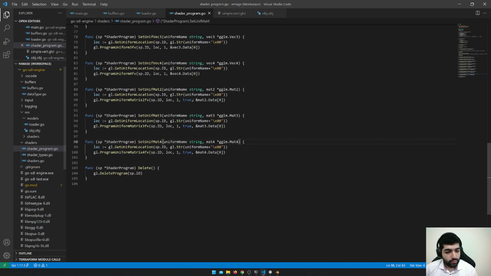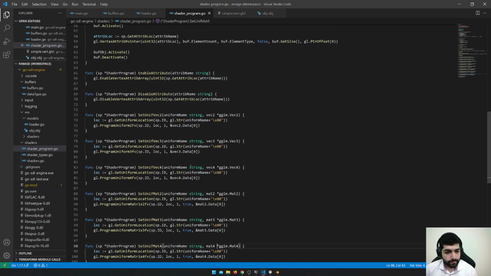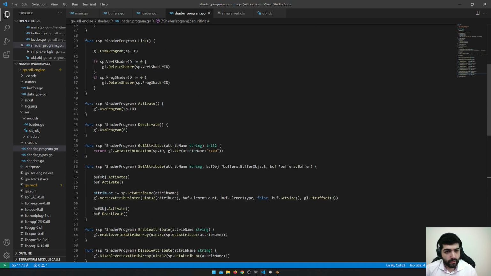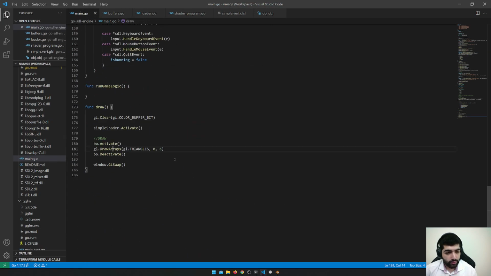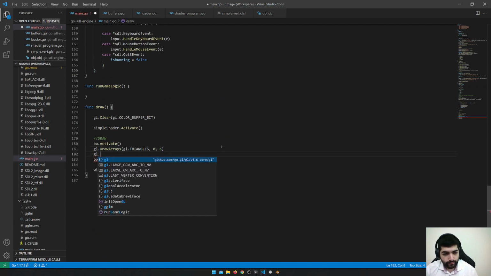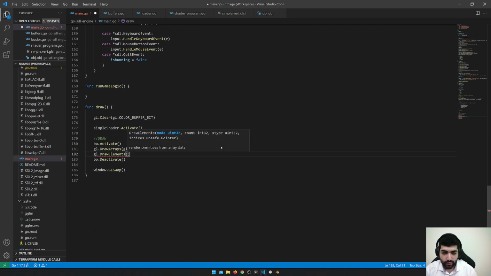So let's go into, I think, our shader program, where we have activate is used. What do we do? I think I have a draw call, right? Draw arrays. GL draw elements. This one. So this is, I think, the other one. This is drawing. You see how it says indices? So it wants the indices of this. Let's try. I'm not sure if we can do it without additional loading the GPU, but